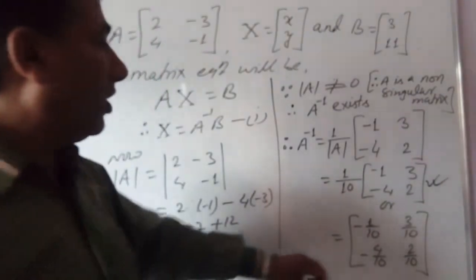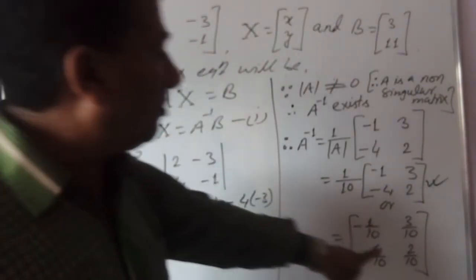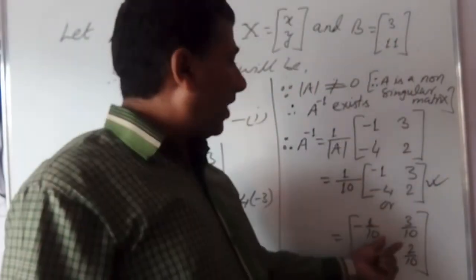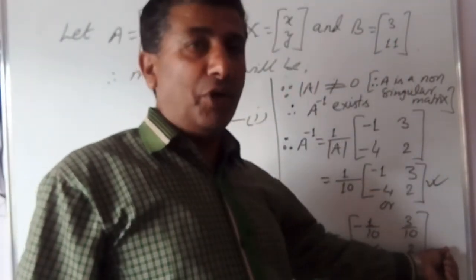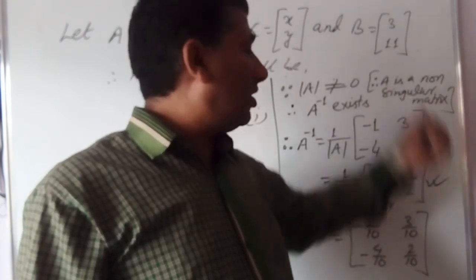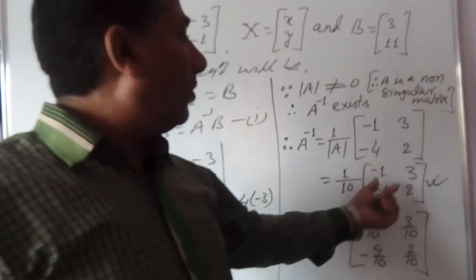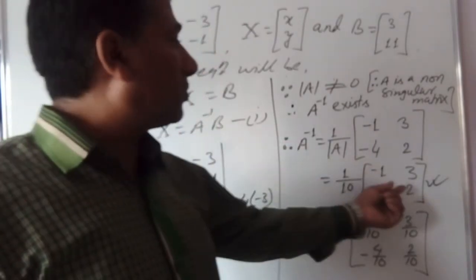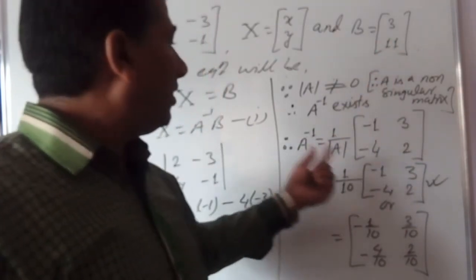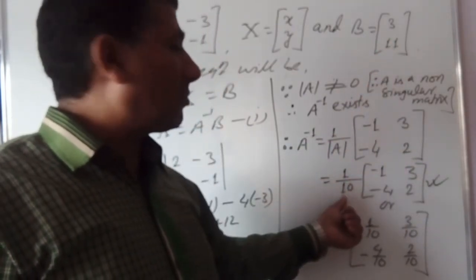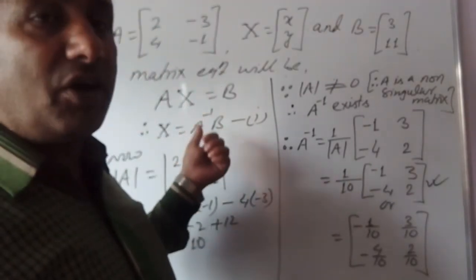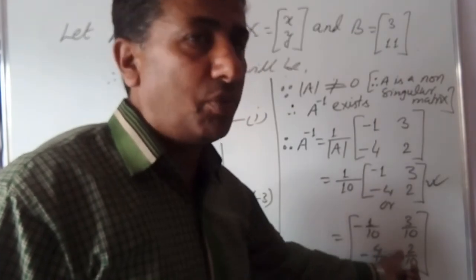If you write the fractional form of A inverse, then with B being another number, it would be difficult for you to multiply. Fractional numbers with another number are difficult, that's why take this value and write A inverse without multiplying. At last multiply this and B, and at last multiply that product by 1 by 10. It would be easy. If you want to write the fractions, no problem, but it would be difficult for you.